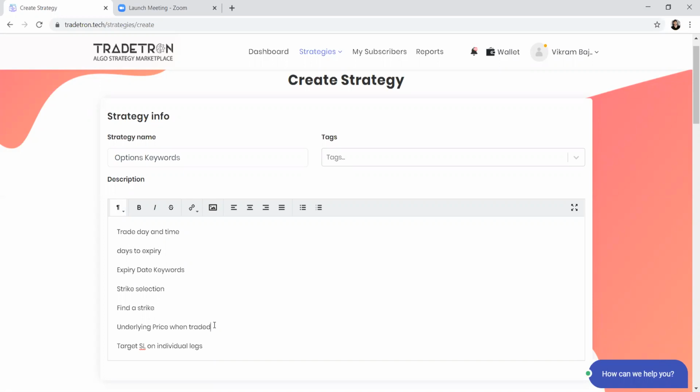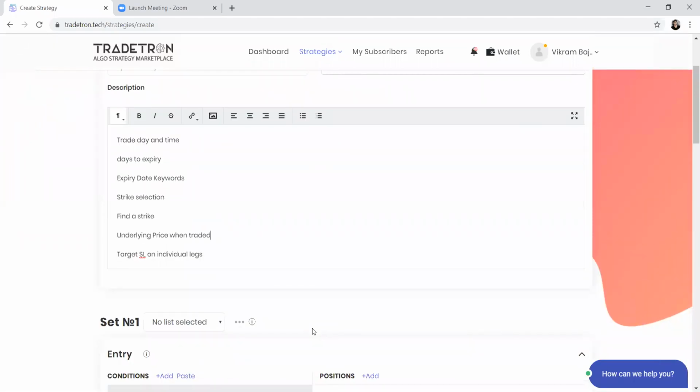If you want to refer to the underlying price of any particular instrument while your strategy is checking a condition, you can do that. And how to apply trailing stop loss on portfolio level or on individual legs that you're going to trade in your strategy.